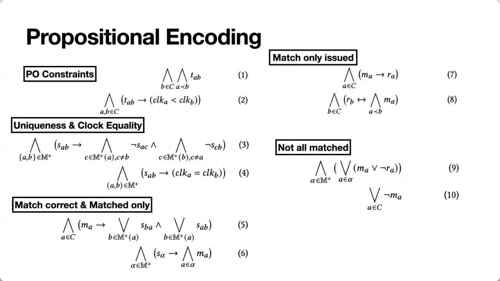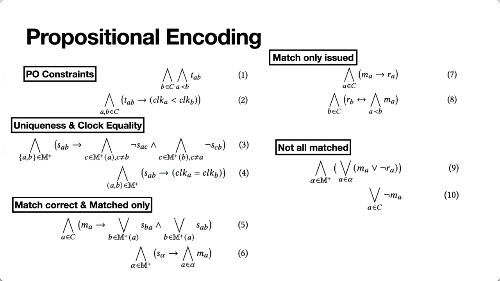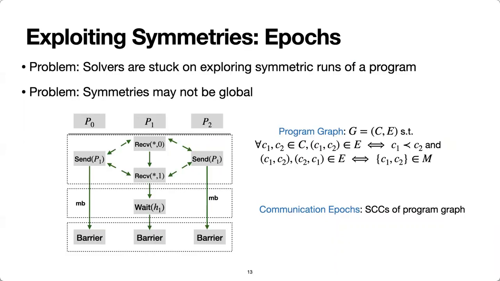If you remember this tool flow, we started with our deterministic scheduler and took out the trace, which is a sequence of events, and events constitute matching sends and receives, waits, and collections of matching barriers. Once we have that trace, we convert it into a program graph. We consider that trace as a program definition for us, and we construct a program graph as a set of nodes and edges, where, of course, communication calls constitute nodes. And the edges are comprised of